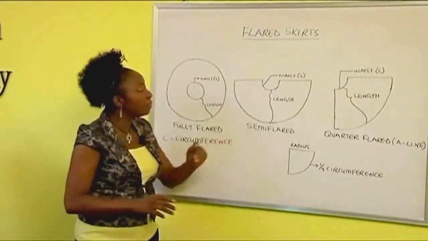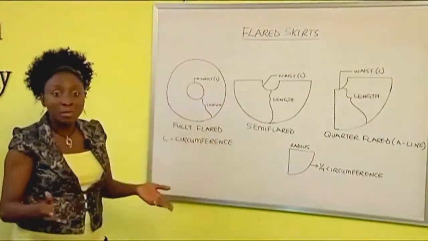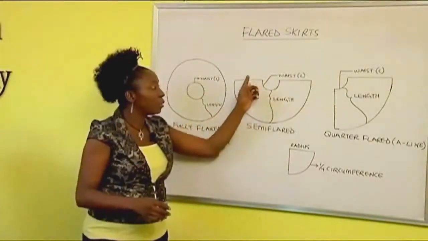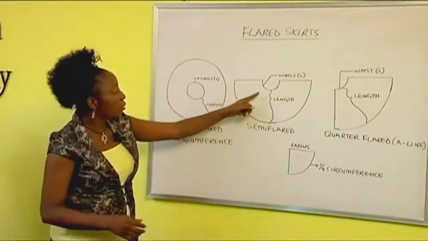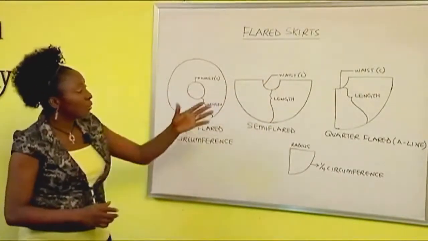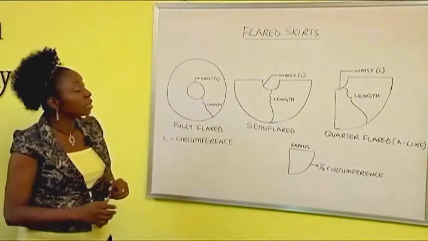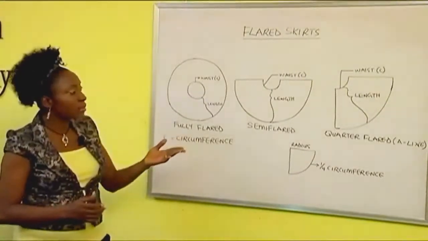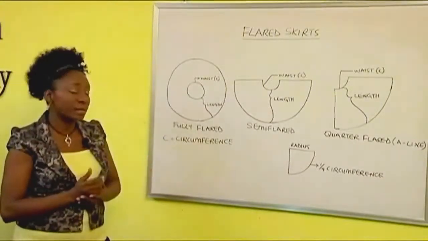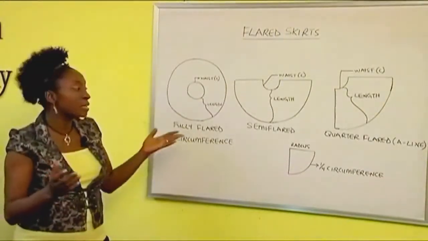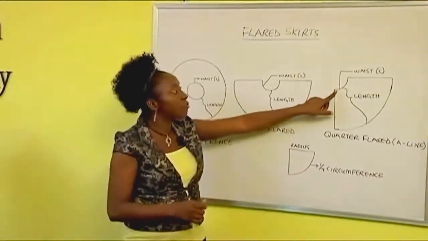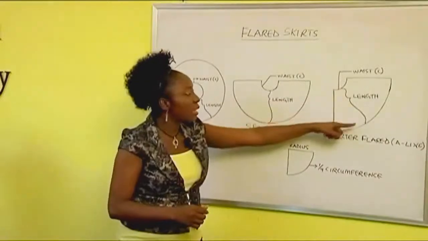Now if you look at the semi-flared skirt, you can see that it's a semicircle. Obviously it is. And we have the inner semicircle here representing the waist. And of course the distance between the two semicircles will give you the length. Now the third one we have there is a quarter circle. It's called the quarter flared skirt, also known as the A-line skirt. Now it's not as flared as the others, obviously. And you can see that this quarter circle in here represents the waist, and the length is in between